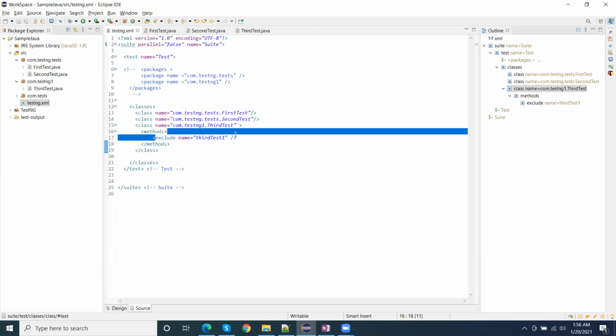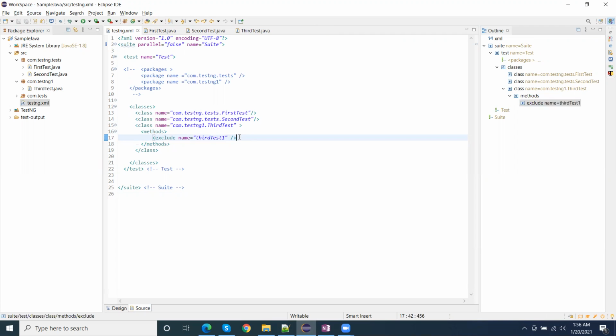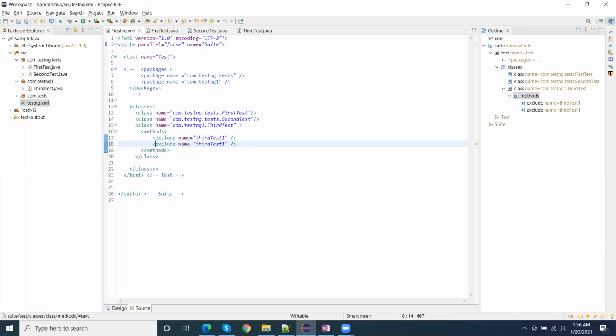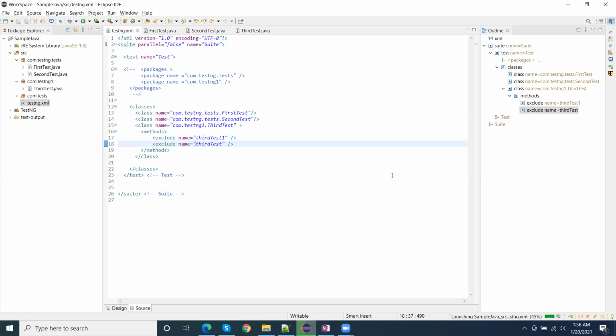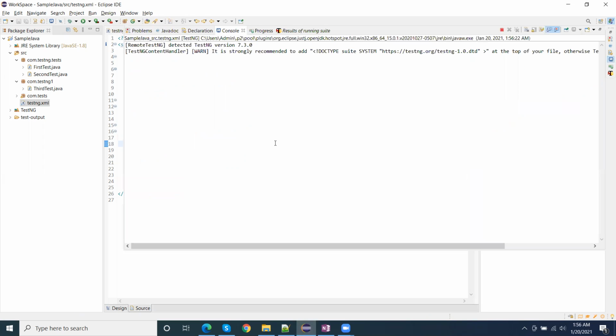We can include as well as exclude multiple tests here from the methods section. So now currently I am excluding two tests, and only one test from the third Java file is executed. Right, one test is executed here.